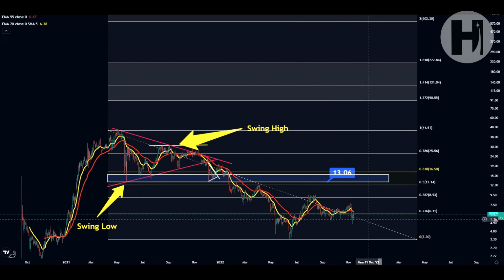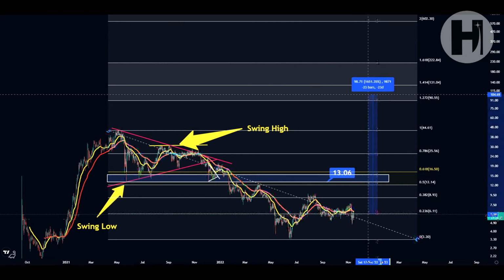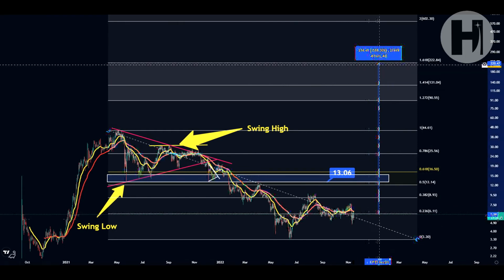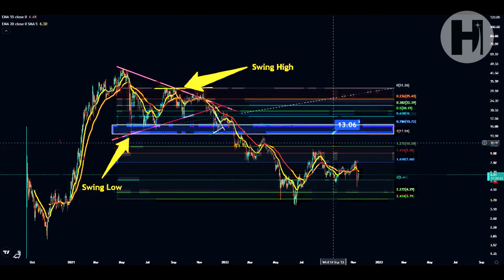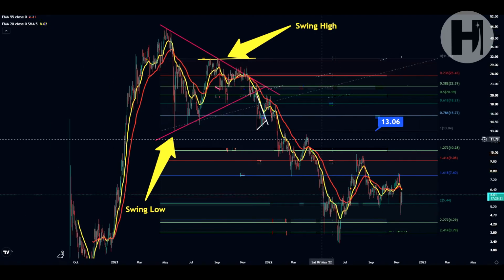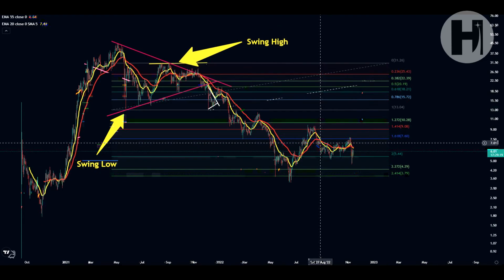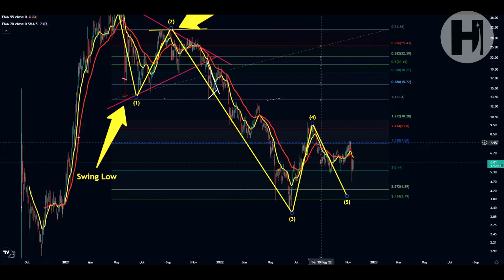$222, which from where we are right now on the price, would be a 3,600% move to the upside. That's a lot of money to be made there. So keep that in mind. Be careful. Like I said, it's always worth it to just sit out a swing trade if you're not sure if it's going to play out or not, and just hold until the bull market starts. And that's not financial advice by any means.